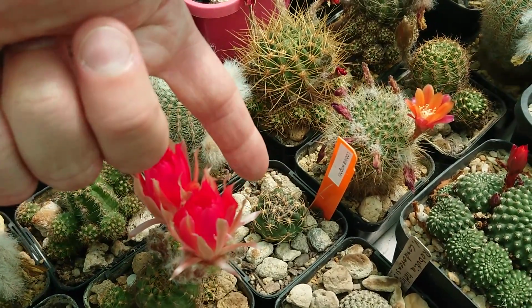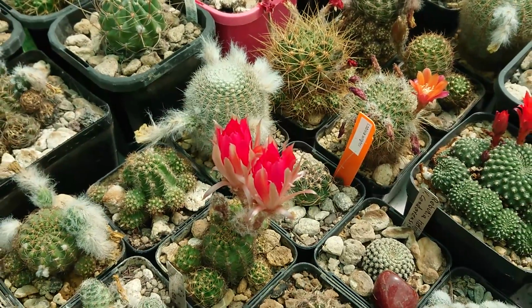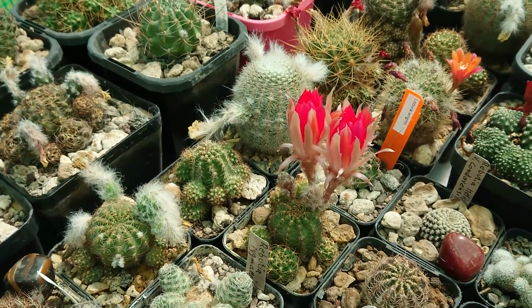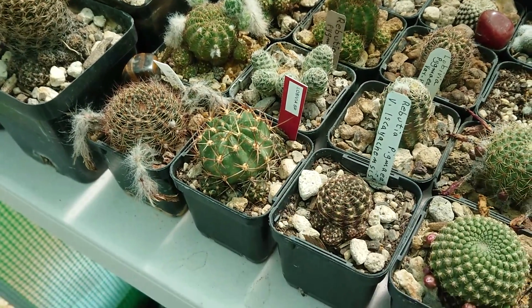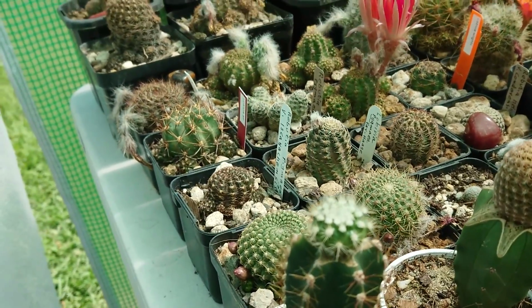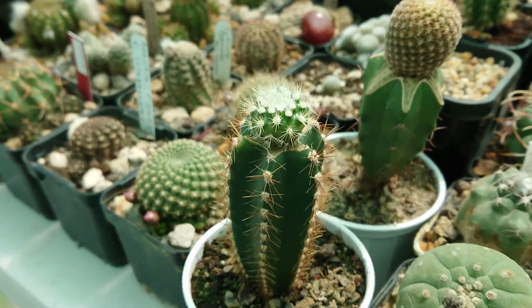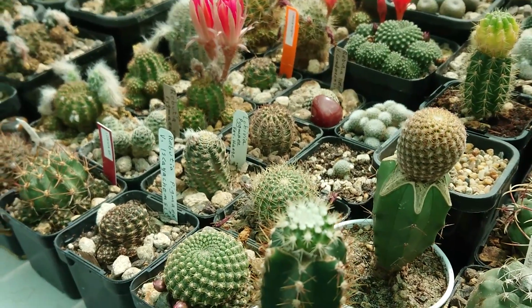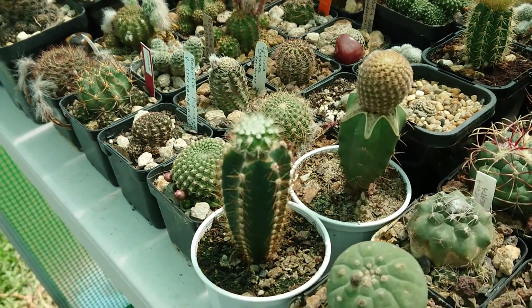That guy there, you might have seen him from the Cactus and Succulent Society haul video that I did. He hasn't grown very much, but he's only little, so that's okay. So they're all looking really nice. There's a couple of new grafts that I did. So this guy here is a Nyte... Ooh, I can't remember how to say the last bit of his name, but he's taken off really well